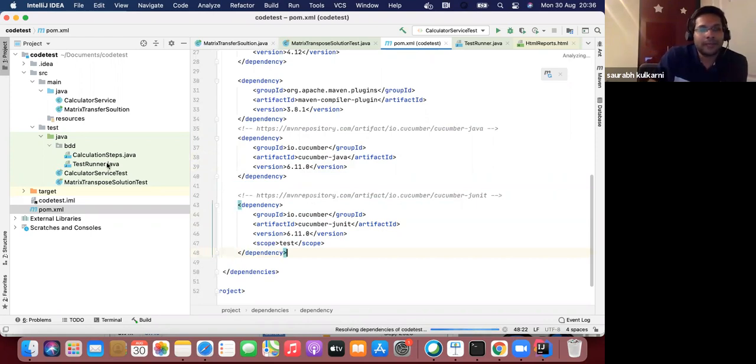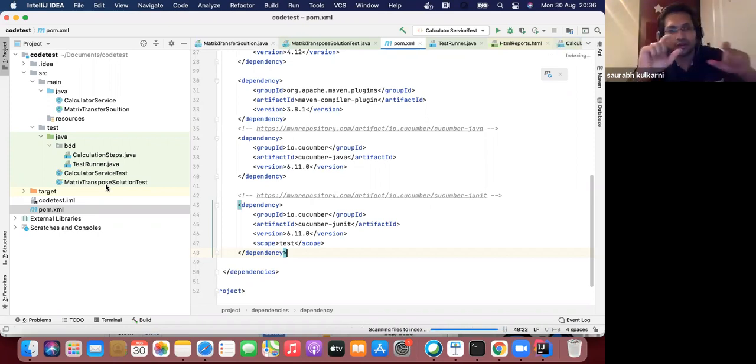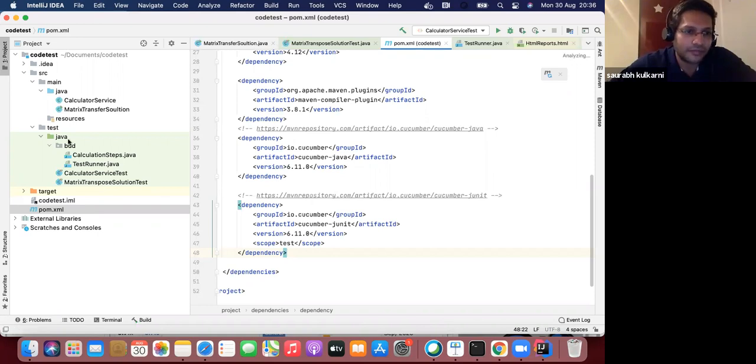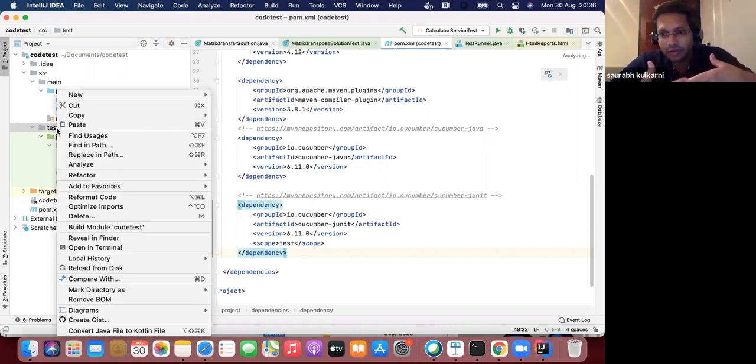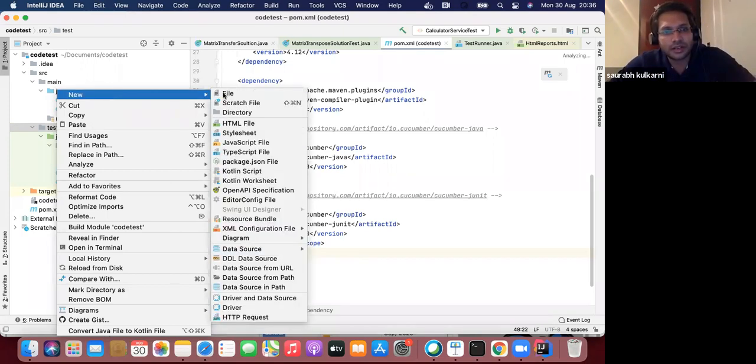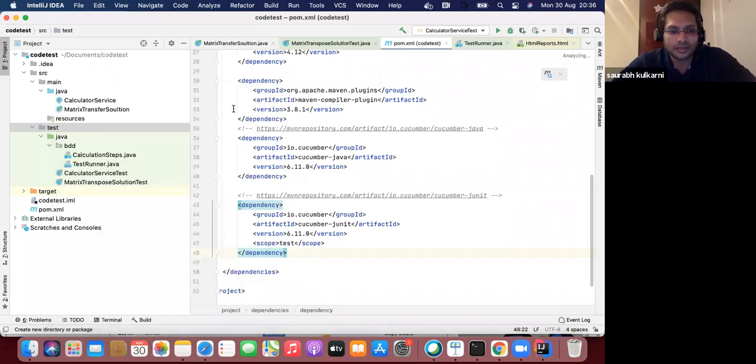Let's save that. Now understand what the user story tells me: the different scenarios. Now as a developer, I need to write the feature file. I need to translate all that into the feature file. So for this calculator service, we need to write the feature file. So let's see, in the test folder, let's create this feature file. You can create this feature file anywhere in your project, but to organize it, because it's a kind of resource, one of the important resources, I will rather create a folder or directory which says resource.